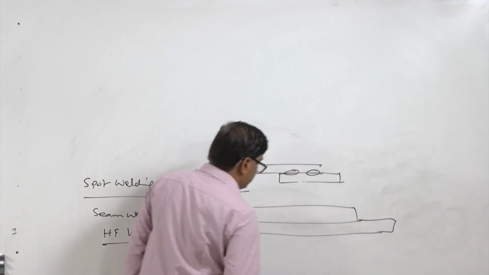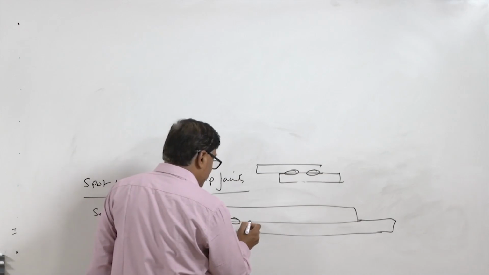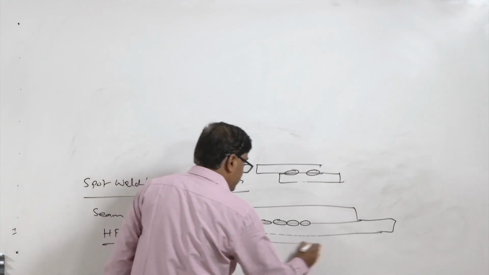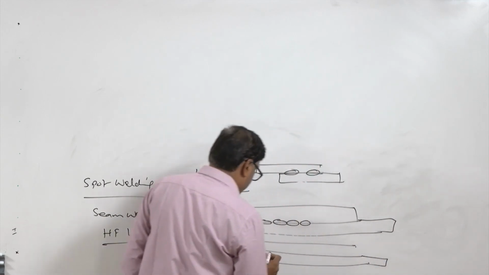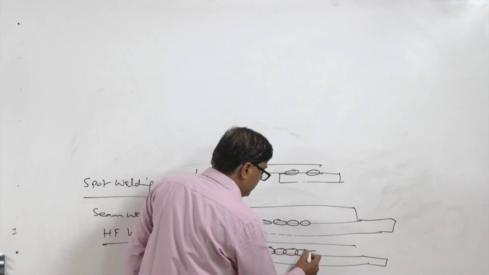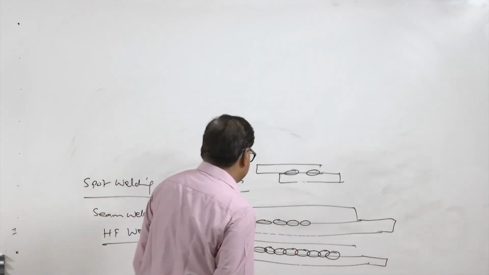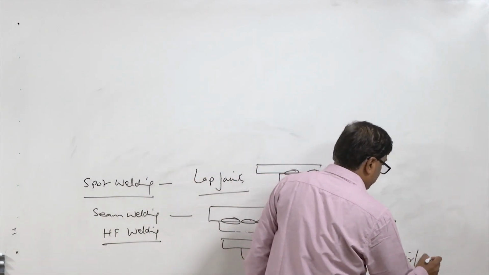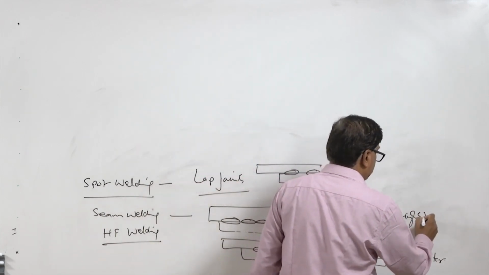the arrangement is slightly different, wherein the spots or the nuggets are either very close to each other like this, or they start overlapping each other. This overlap may be 10 to 40%, or it may be continuous. When the overlap is more than 50%, then a continuous seam weld is made. So, this kind of arrangement is used for the air and watertight joints, and this is for the high strength